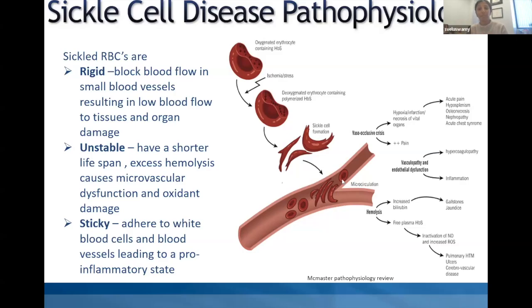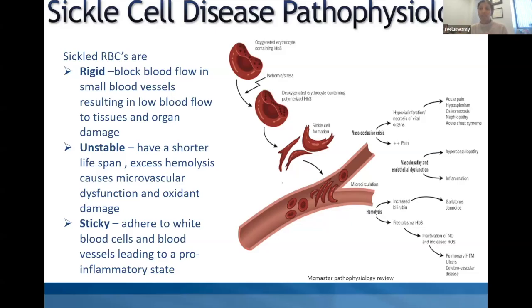decreased blood flow and what we call ischemia, and low oxygen to the tissues, and then this leads to the feeling of acute pain, and also causes significant organ damage that builds up over time, and we see all the chronic effects of sickle cell disease. Now, in addition to being these rigid sickle cells, these red blood cells that are permanently sickled, they're also